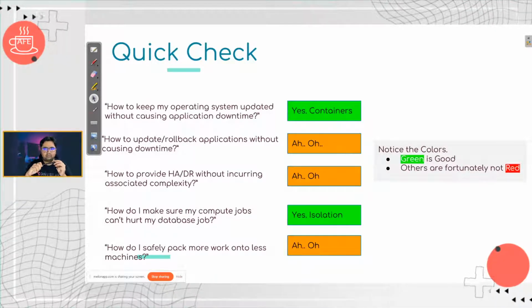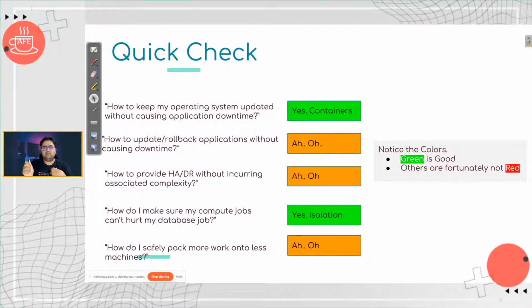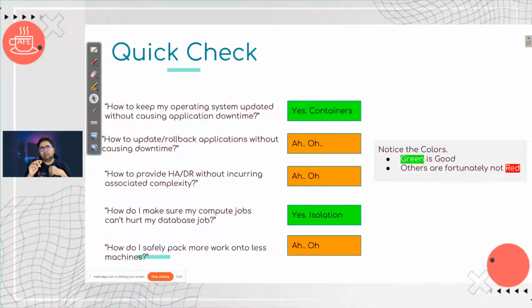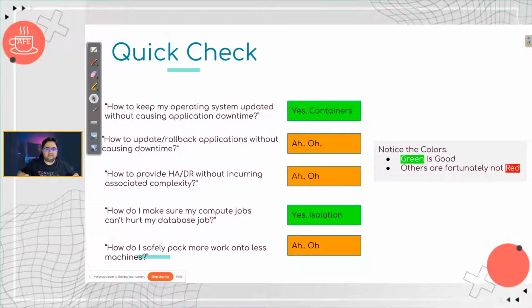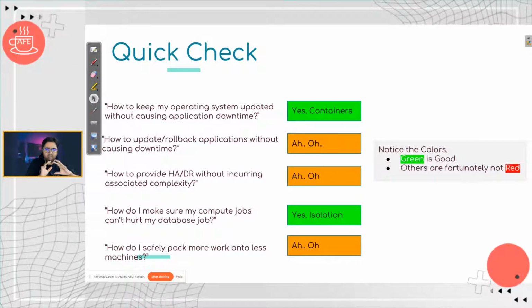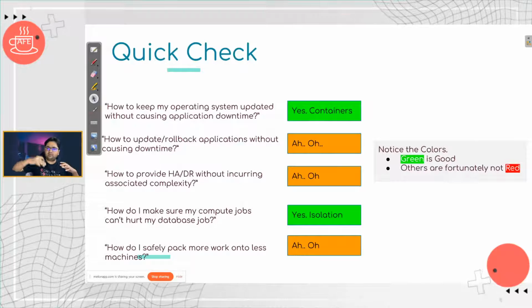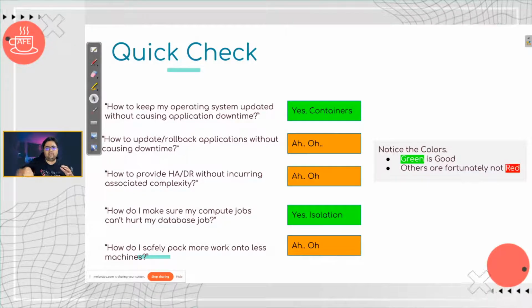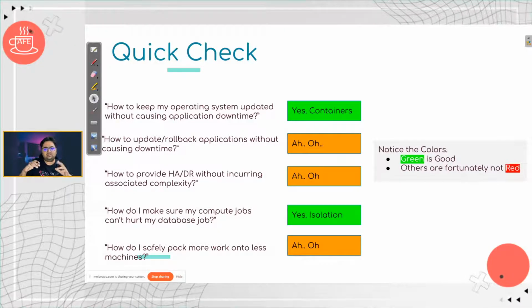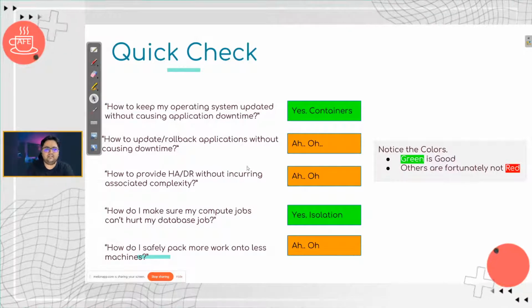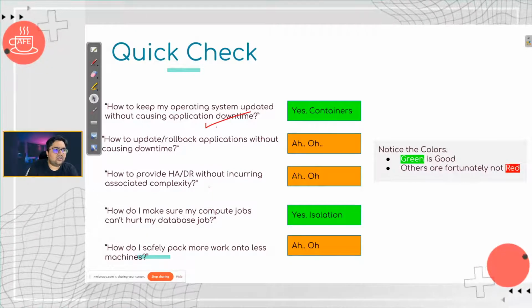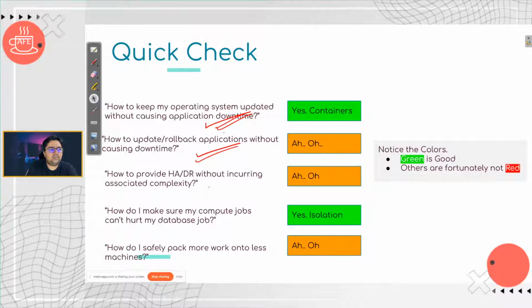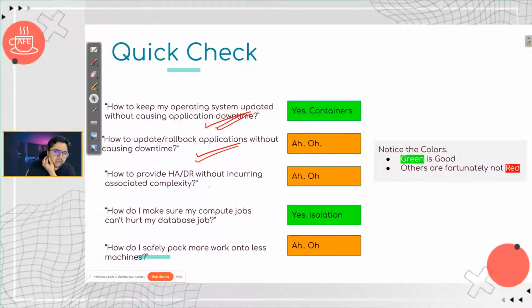There are certain things that we have addressed, but most of the things have not been addressed. While we have some clarity, we can imagine that if one container can run multiple instances, and there can be some sort of master-slave or parent-child architecture, then it would imply there is some kind of cluster management happening, and you could achieve high availability and disaster recovery. But can I get my operating system updated without causing downtime? Containers can do this. Rollbacks and updates are relatively tricky, so probably not complete.